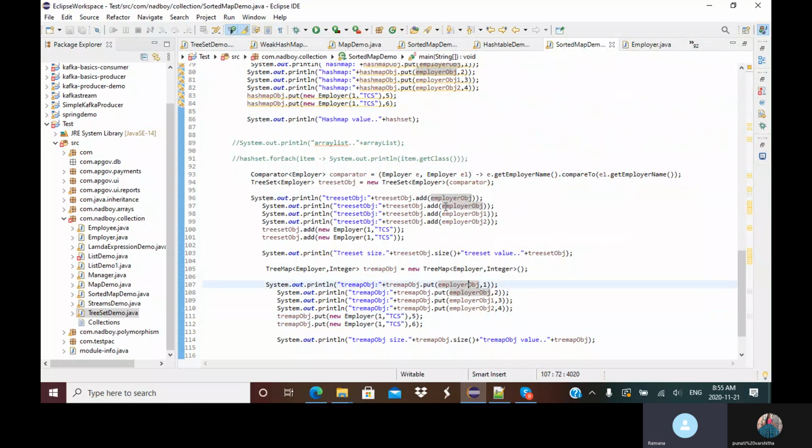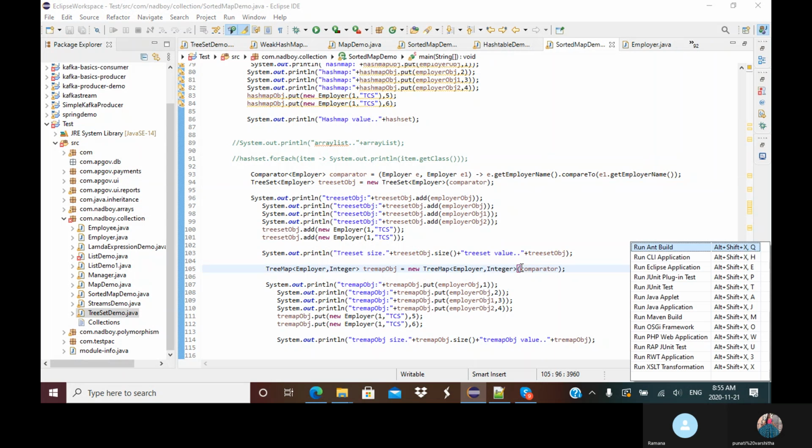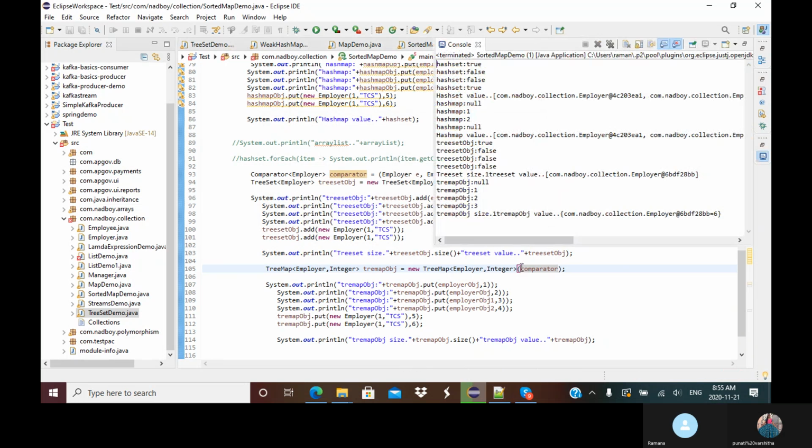Now if I pass the comparator, if you observe here also, it is taking only one object,